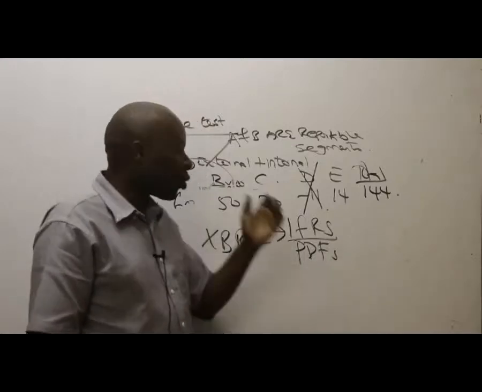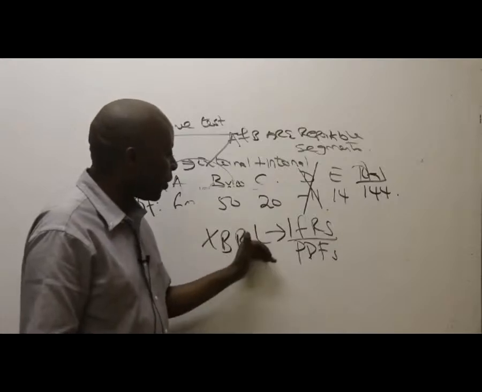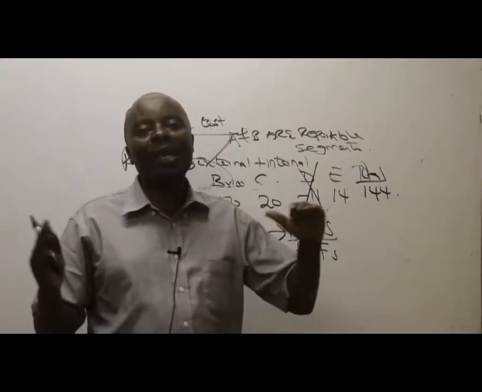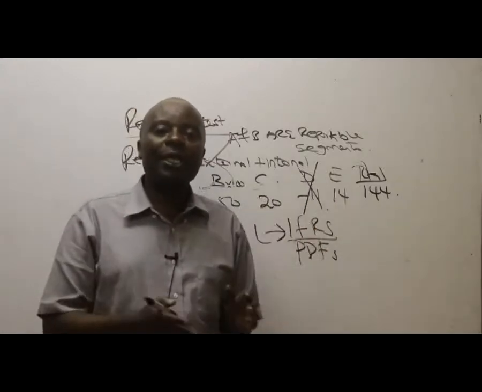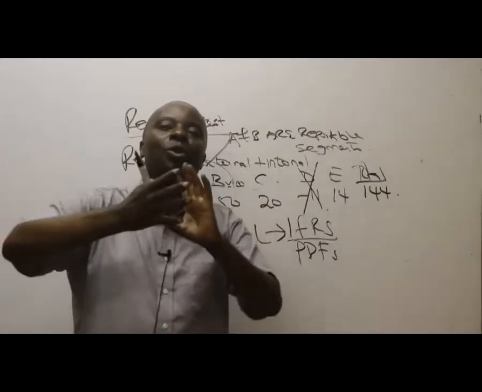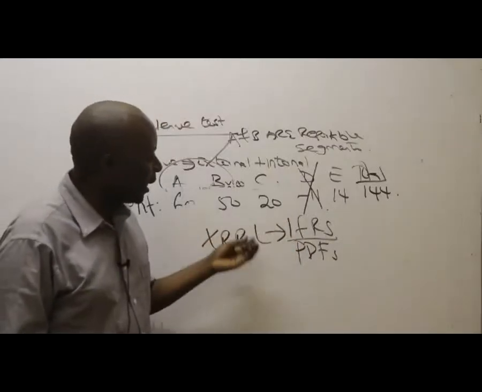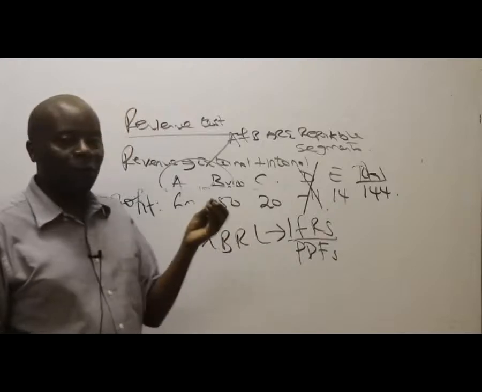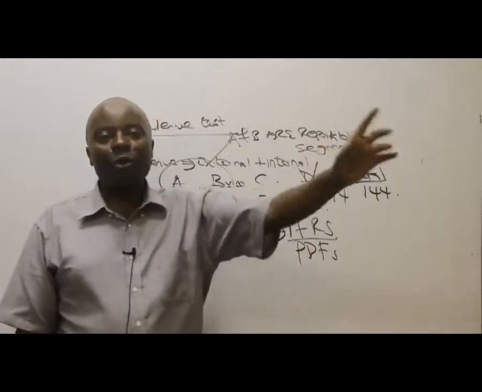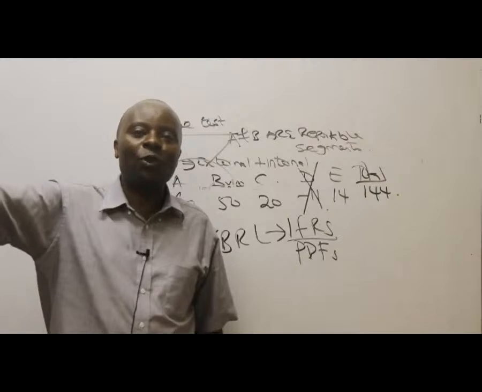But when you talk of this extensible business reporting language, ladies and gentlemen, you're looking at a situation where we are able to prepare reports that are seamless. Reports, in this case, if it's EABL, that you can track down for the next 10 years, and you'll be able to draw graphs. Already XBRL has been adopted by 50 countries. Home here, Mauritius has taken it up. South Africa has taken it up and is so serious about it.